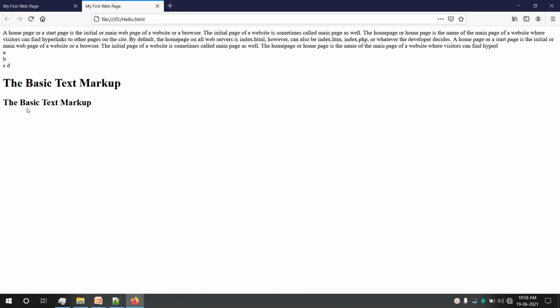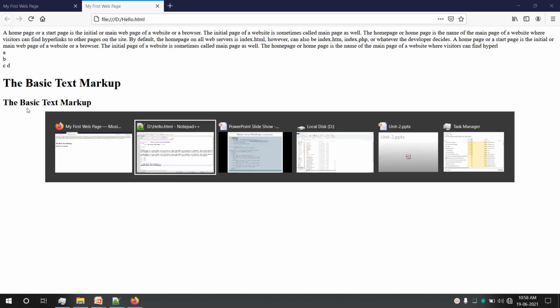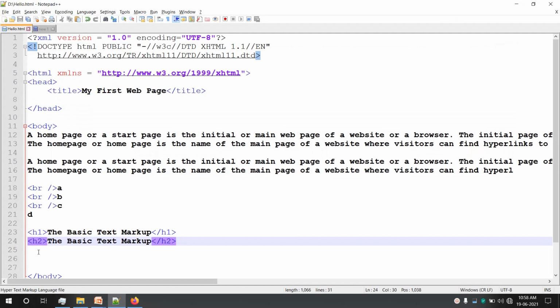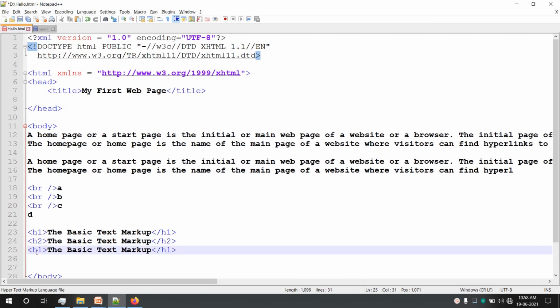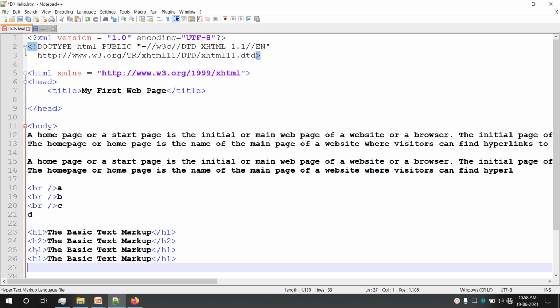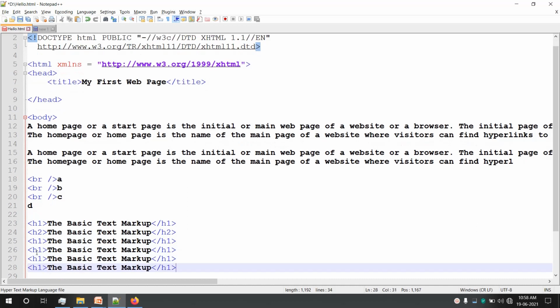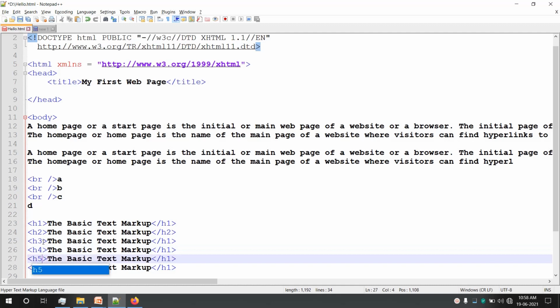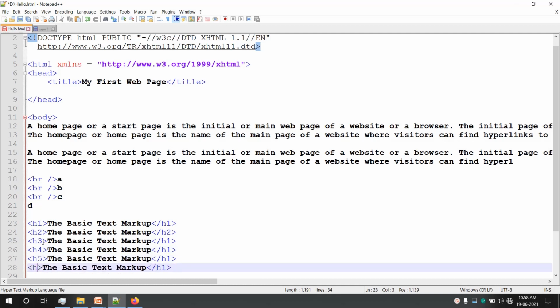It is smaller than H2, H4 is smaller than H3, and so on. So let me add all the tags now. H3, 4, 5 and 6. So this is H3, H4, H5 and H6.